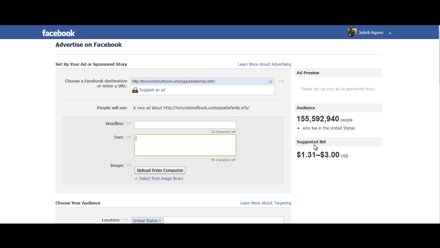And that is way too broad, and that is not what we want to do. We want to target specific niches. Like you saw with my Tony Robbins ad, I think I was paying 38 cents a click for the last 200 clicks or so. Obviously that's a lot lower than the suggested bid price, and a lot less than you would be paying if you start out with a brand new account. But like I said, it can dramatically increase.